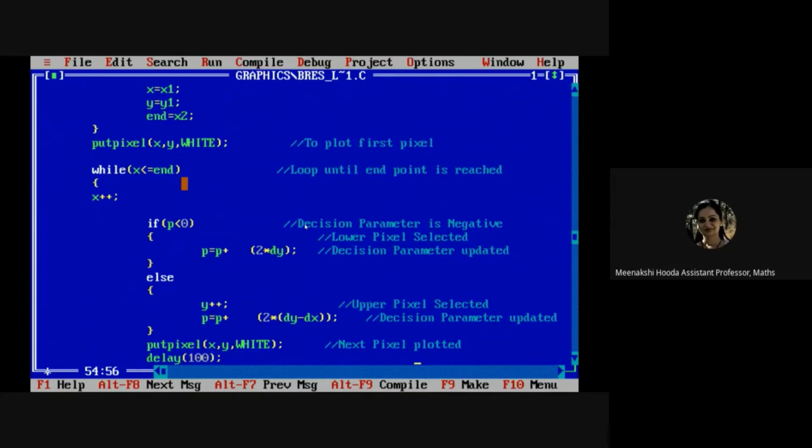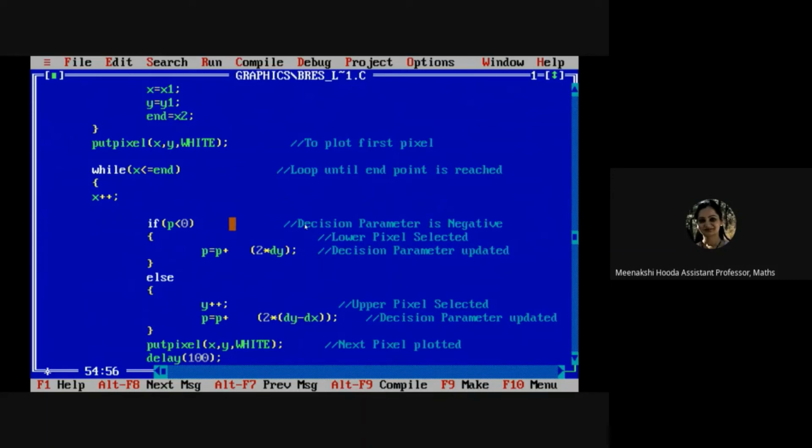In the algorithm, we saw that we need to increment the value of x in each and every case. So we are incrementing it over here, x plus plus. We don't need any comparison to increment its value. It has to be incremented whether p is less than 0 or greater than or equal to 0. It will be incremented in both cases. So we can put this statement before the comparison. So we are incrementing x without any condition check. We have to increment it for each and every case.